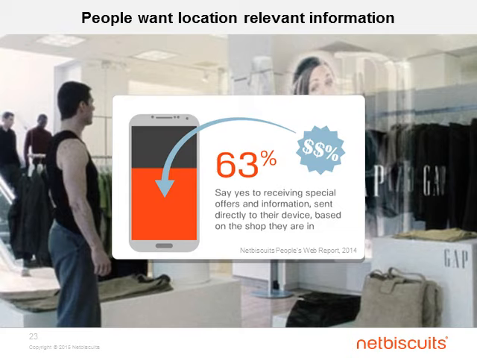63% of consumers in our survey of 6,000 told us that they would welcome special offers and other content information sent directly to their devices based on the shop that they're in. So while we may not be ready for that full immersive experience as we see in the Minority Report scene, although actually with augmented reality on the horizon we may be closer than you think, what is certain is hyperlocation is an up-and-coming engagement requirement. In fact, VentureBeat suggests as much as a $2.3 billion mobile local targeting opportunity by 2017.